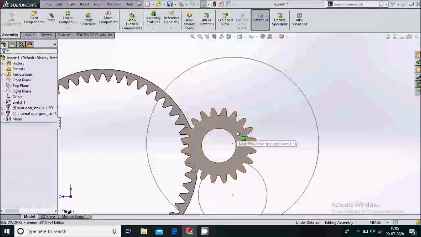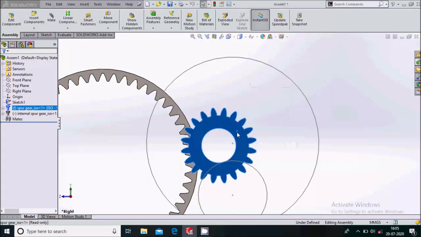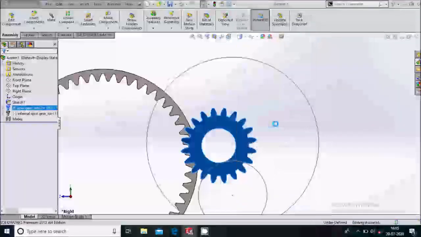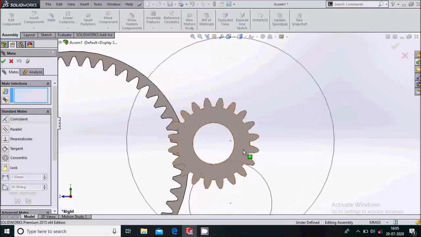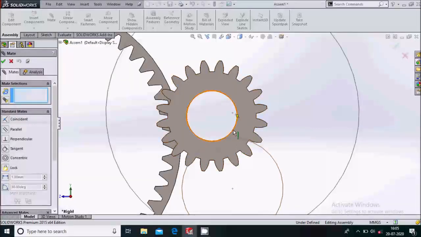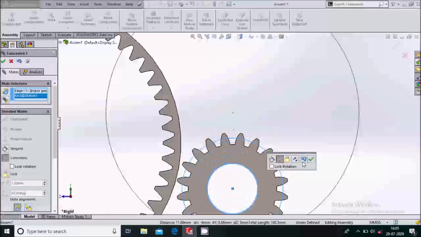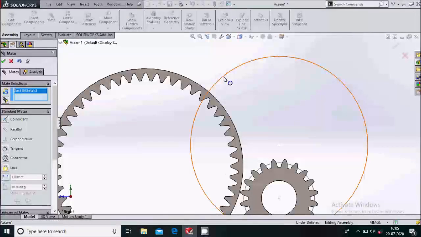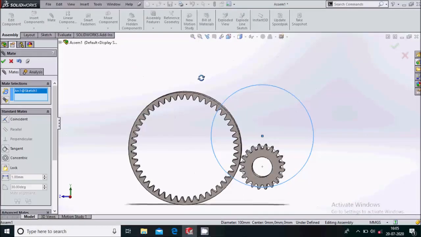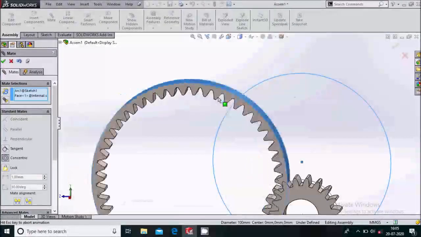Now here select the face of this gear and make it float. We'll go for some mate. Select this mate. Select this edge and this circle. Make a coincident mate. Again select this circle and this face.